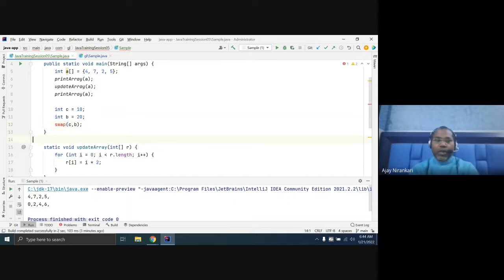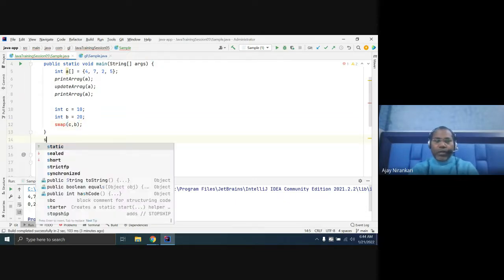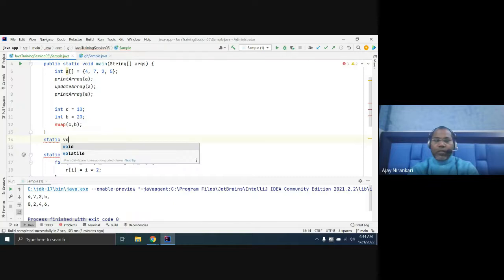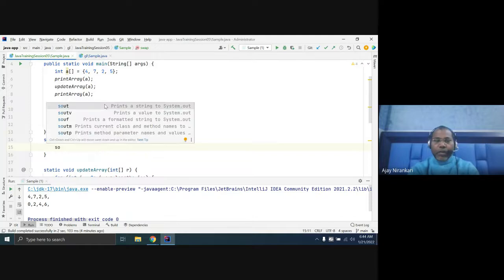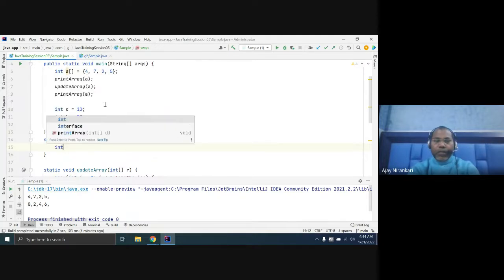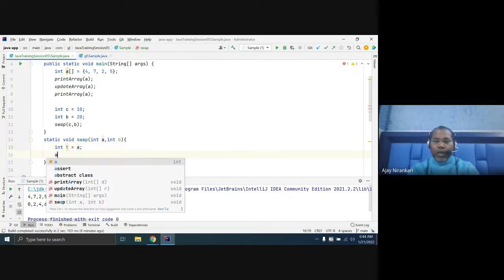And here write the swap method. Static, return void, and swap, and it will take two variables, integer a comma integer b. As we discussed, here we can use a temp variable t. Assign a value to t, then assign b value to a, then t value to b.